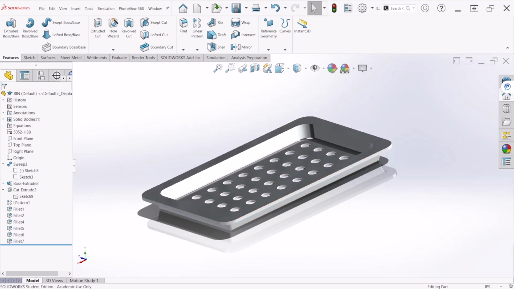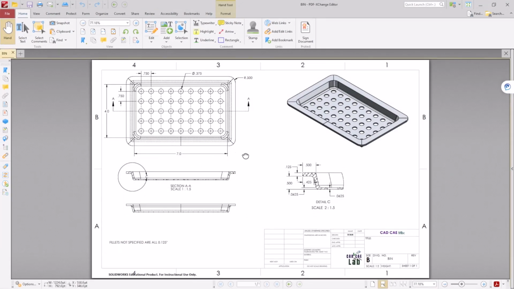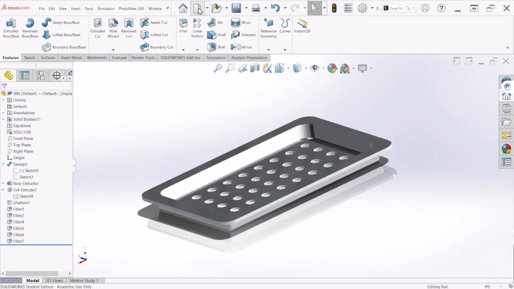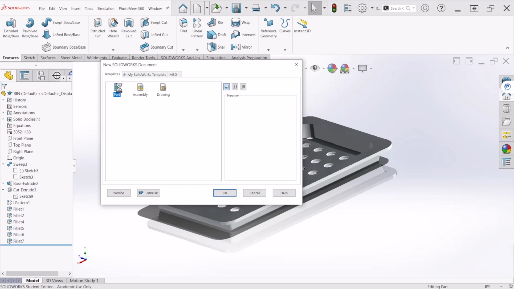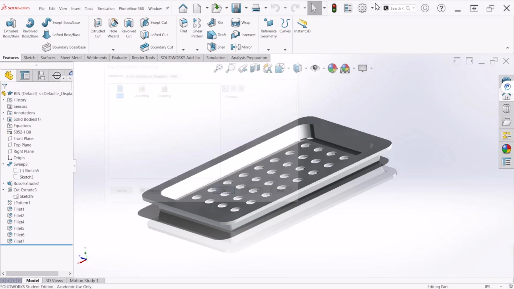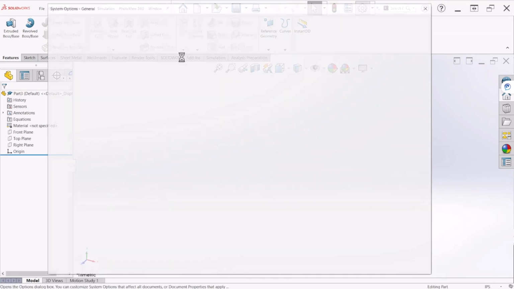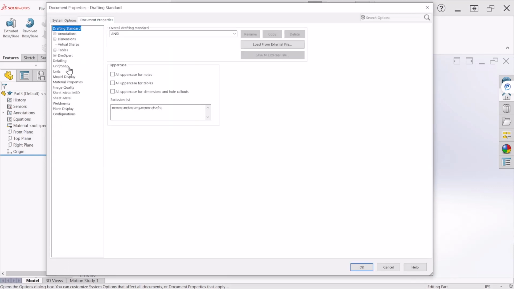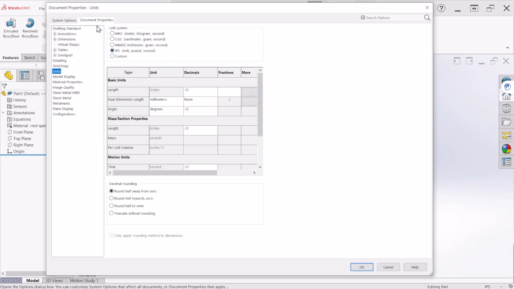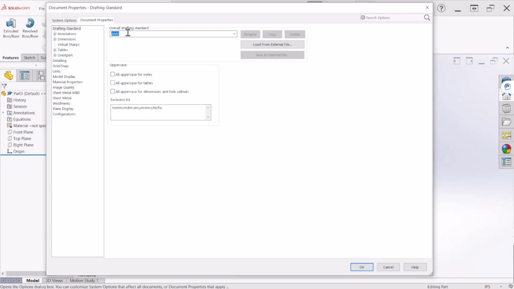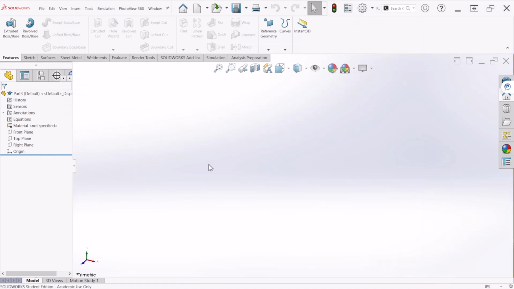So I have the dimensions of the model here, and the first thing that we're going to do is the base, and the base is 7 by 4 as you can see here. So let's create a new part. The units are in inches. So let's go to settings and just confirm that we have the right units. So that's in inches, and drafting in standard